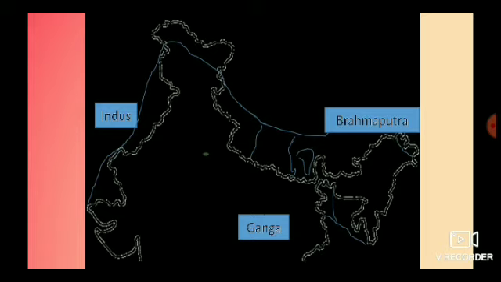So children, do you remember when we learned about the civilization lesson? We came across that people settled on the bank of the rivers. Like in Indus Valley, they settled on the bank of Indus River. In Mesopotamian civilization, they settled in between the Tigris and Euphrates River. And Egyptian civilization, they settled on the bank of Nile River. So whatever the civilization may be, the common feature is they settled on the bank of the rivers.